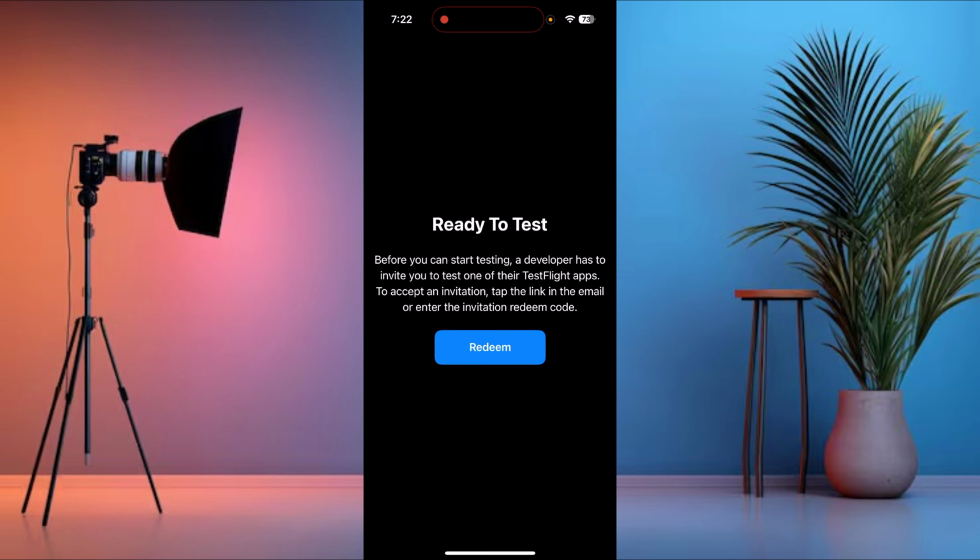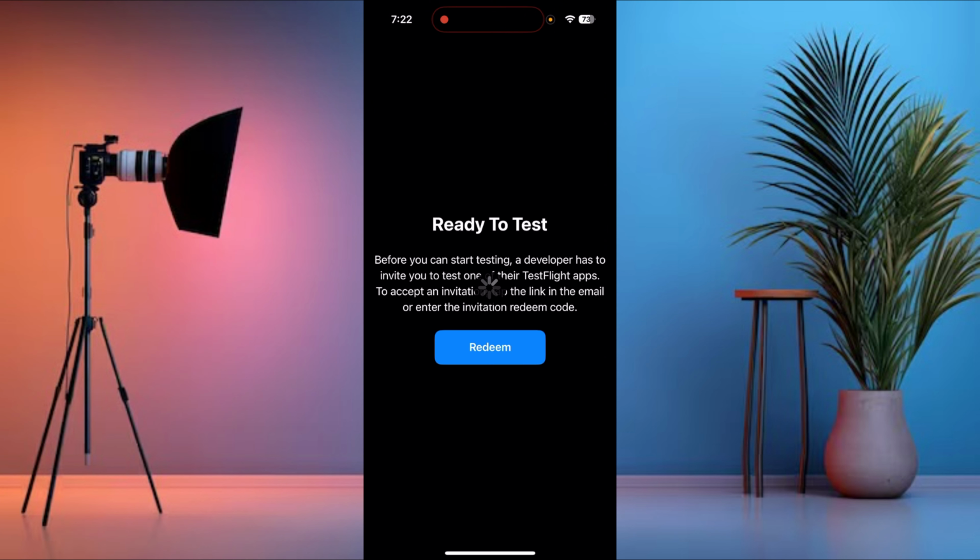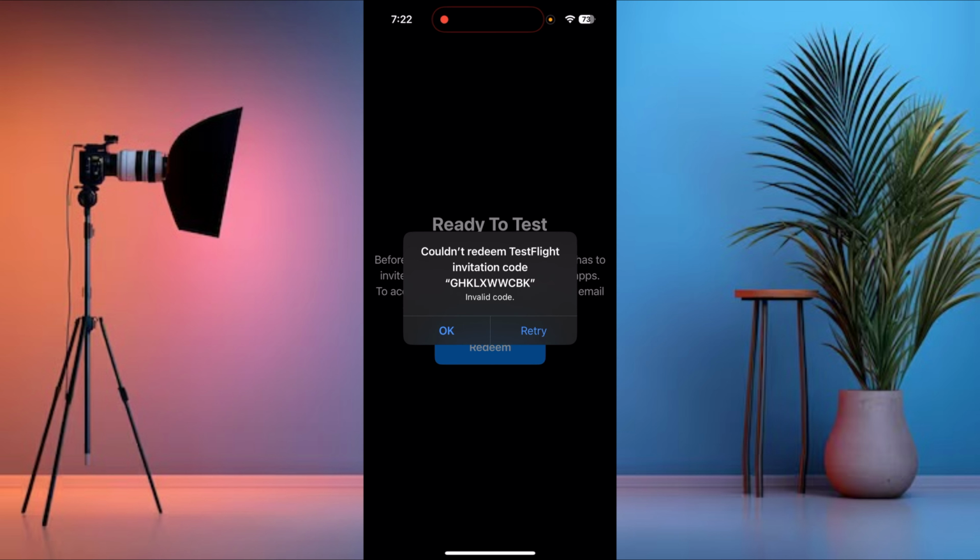So in order to get a redeem code on TestFlight, you need to have an invitation from one who is using the application, and the code will be received in your email. After you get this code, you are going to click on redeem. Then you type in the code, for example, then you click on redeem. So for me it is an example, but you will have the correct code, so you will paste it there,